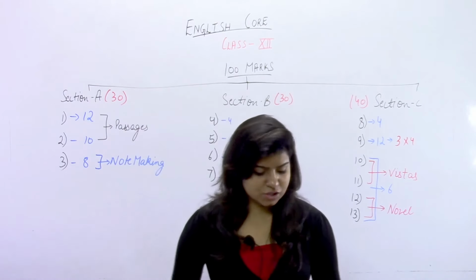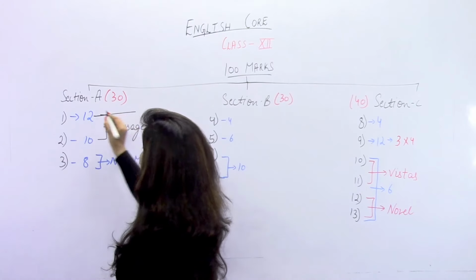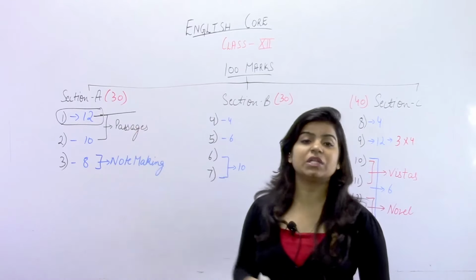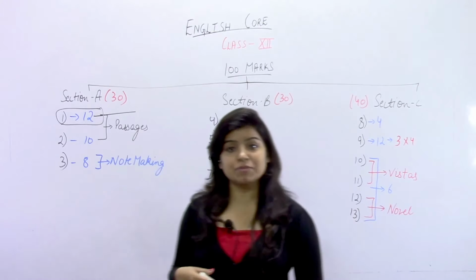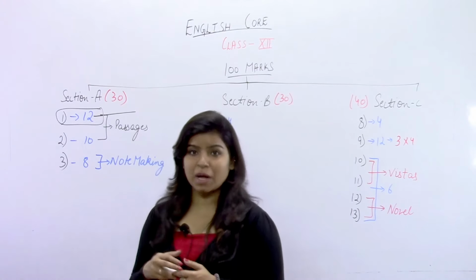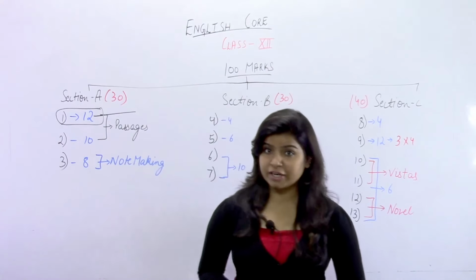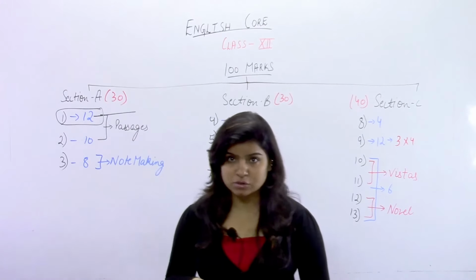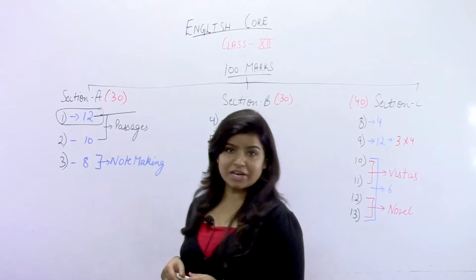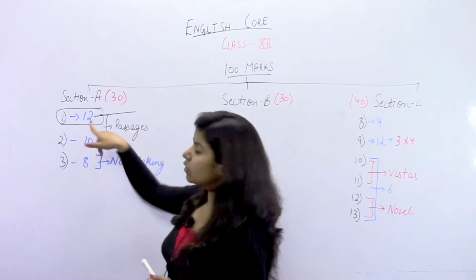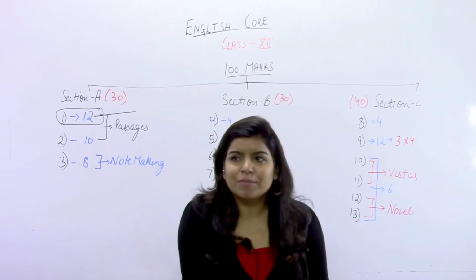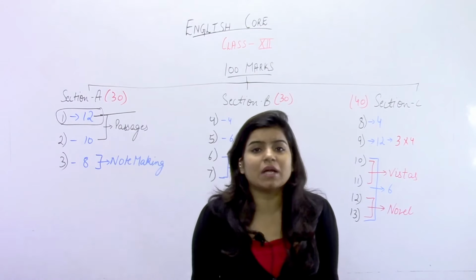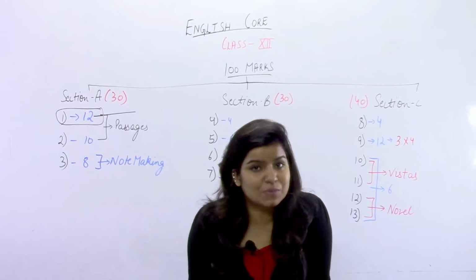In this, as we all know, we have one question of 12 marks, that is question 1. So we must target this question number 1 within these 10 minutes. How? People usually aim at the questions of the passages first, but for effective answers, I must suggest that you go through the passage thoroughly first of all. So within these 10 remaining minutes, go for question number 1 and go through the passage thoroughly, because at this stage in class 12, we have studied enough that we can complete reading the passage within 10 minutes very easily.